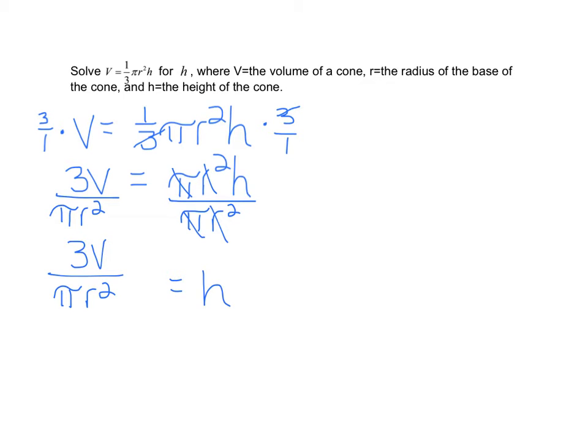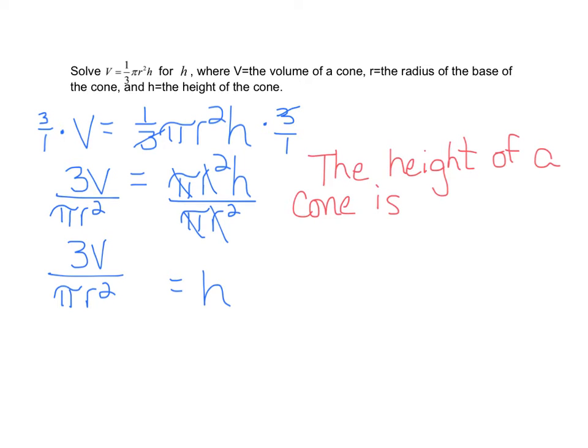Now, we need to put in words what this means, okay? So, look up here, what they tell me about h. They say h is the height of a cone. So, I'm going to say the height of a cone, because that's what I isolated, is what? How would I translate this, 3v? What does that mean? Well, v is the volume, so this is 3 times the volume, right? So I'm going to say is 3 times the volume